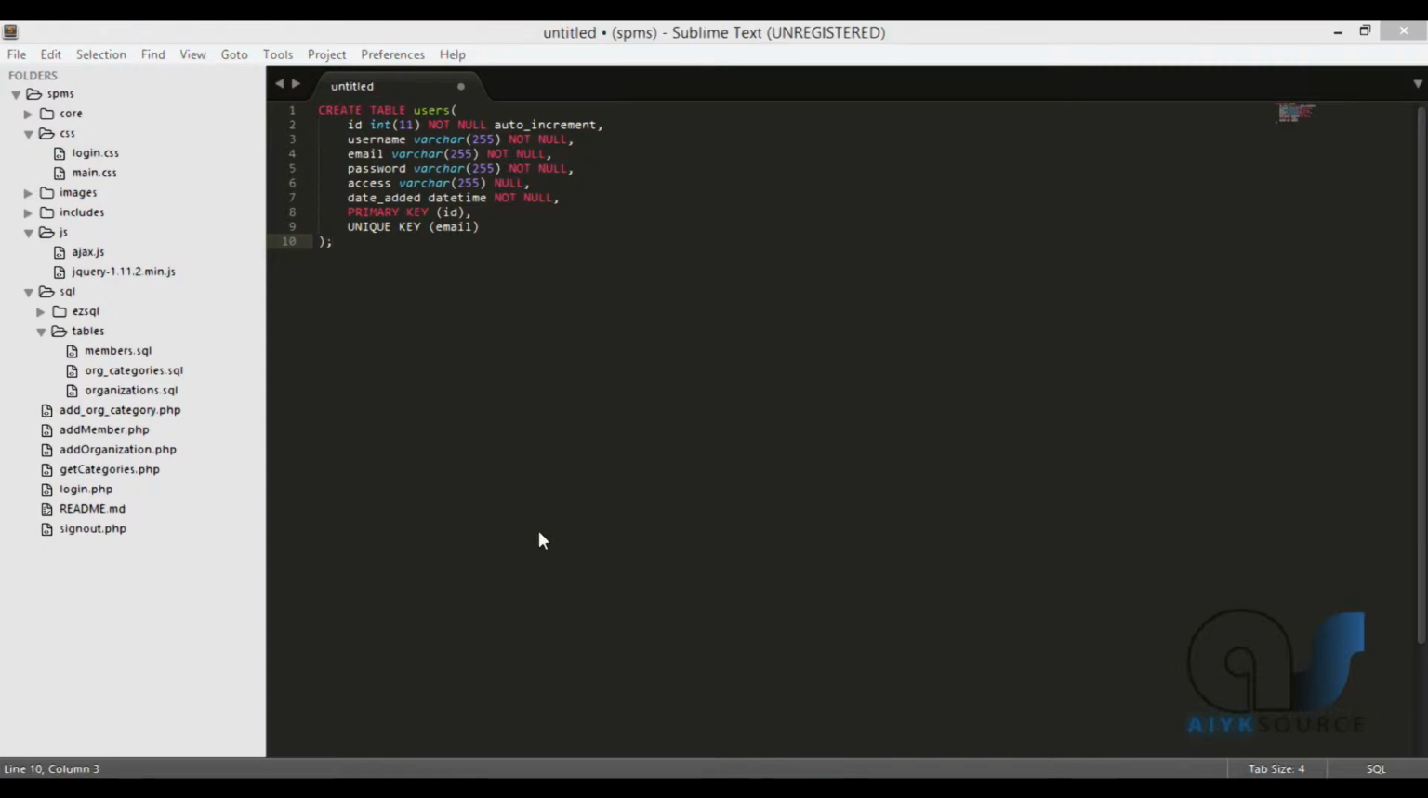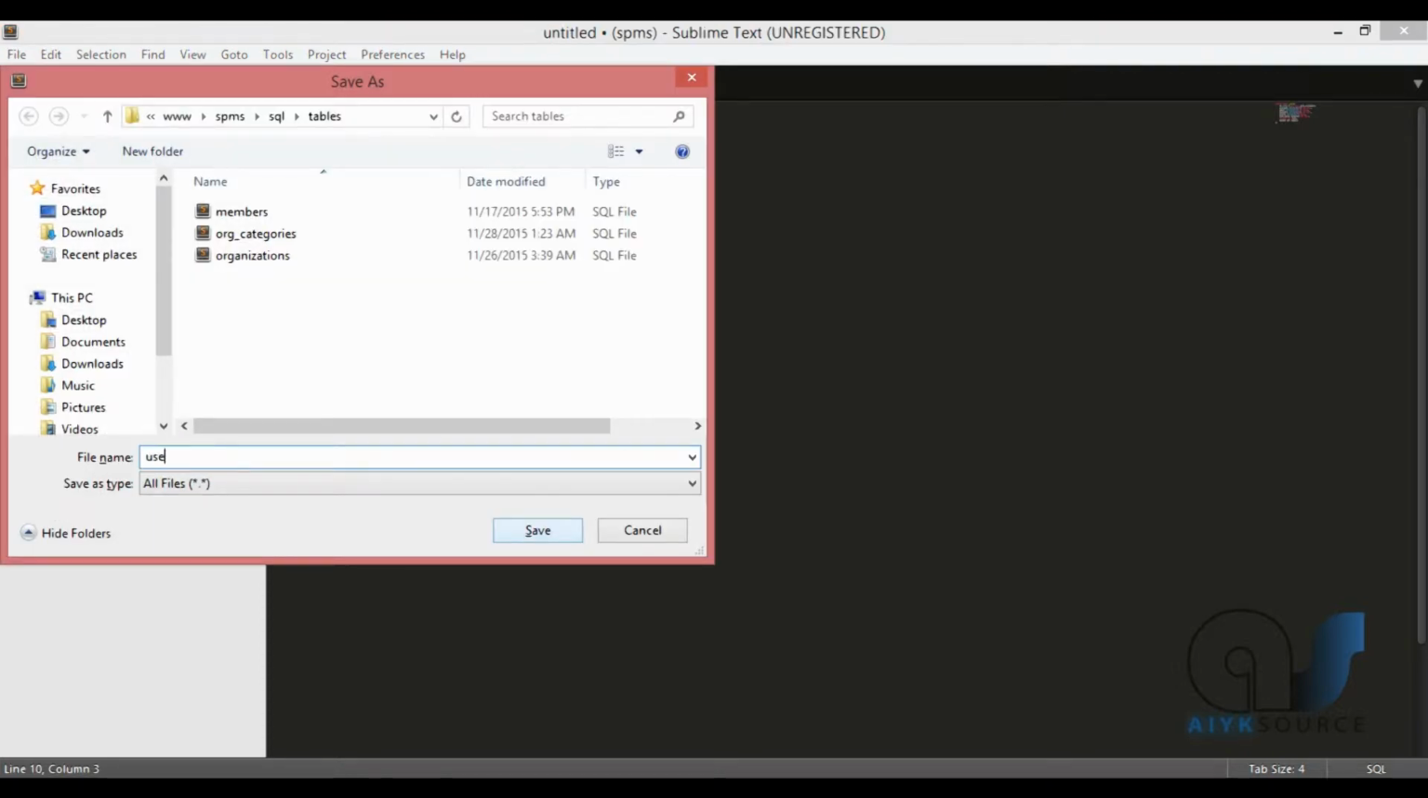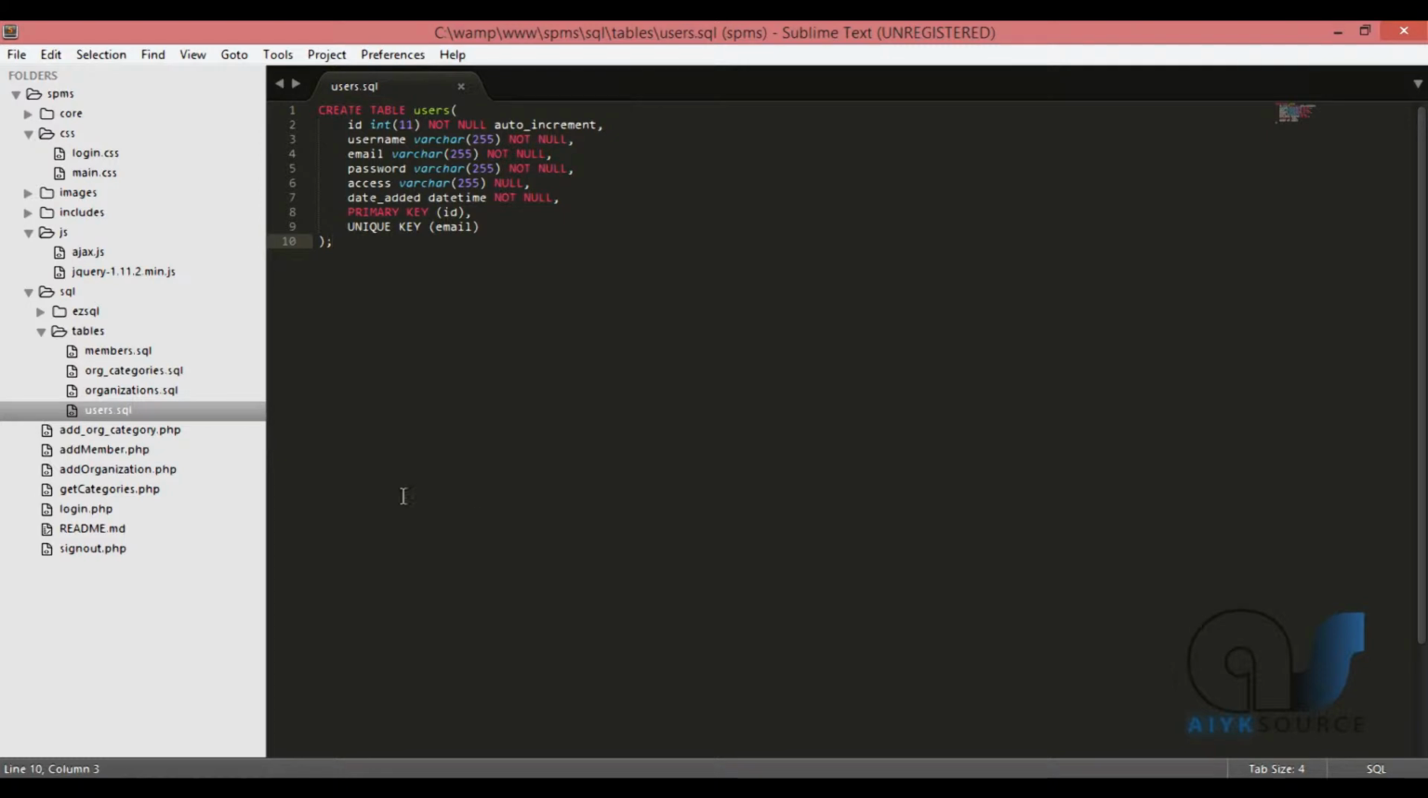I'm going to save this table, save it as users, right? Yeah, users.sql. Nice. Save. Next, I'm going to quickly edit